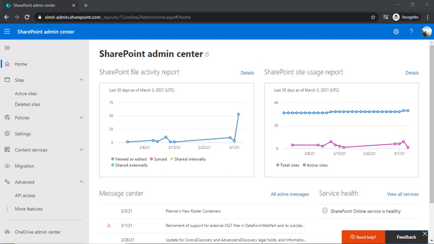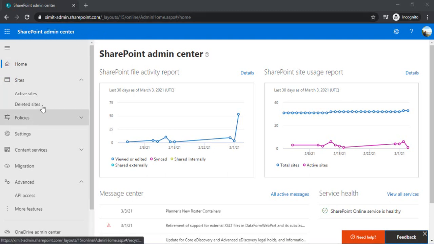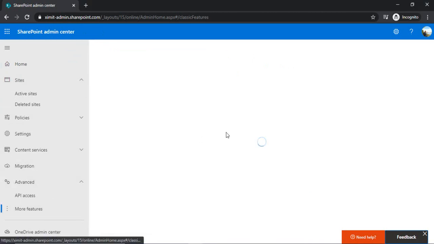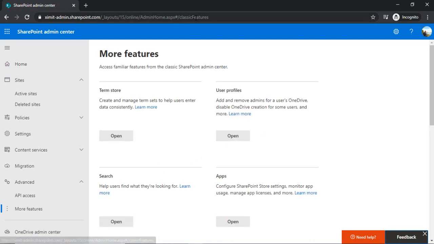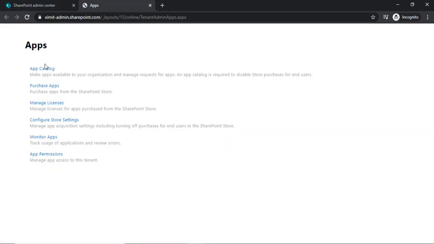I have logged into my tenant, and I'll go to the advanced features so that I can show you that I have already built one app customizer and already deployed it inside my app catalog. So I'm opening this app catalog, and I can see that there is one custom solution available.